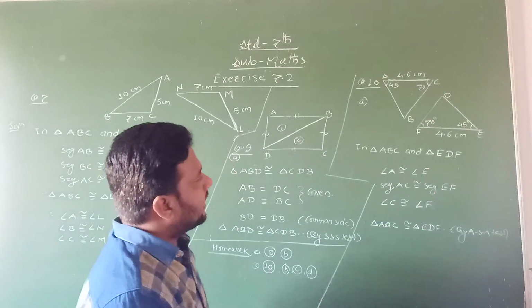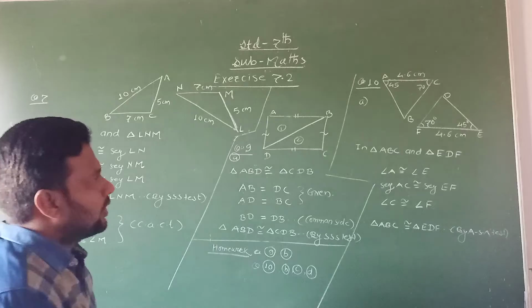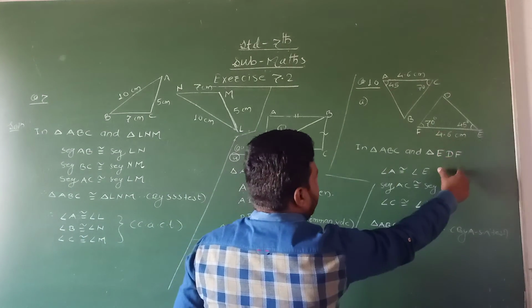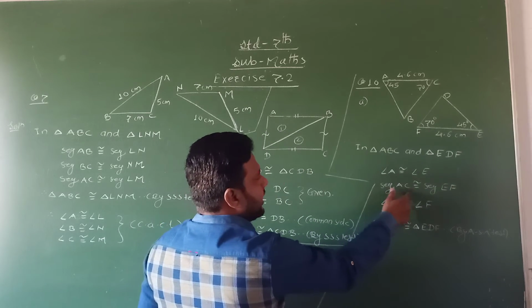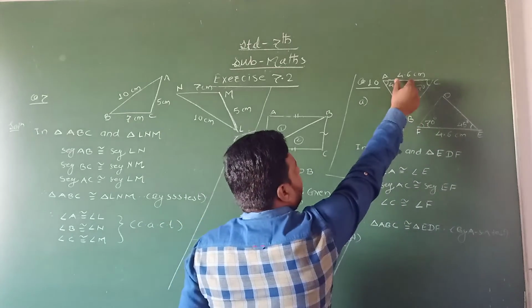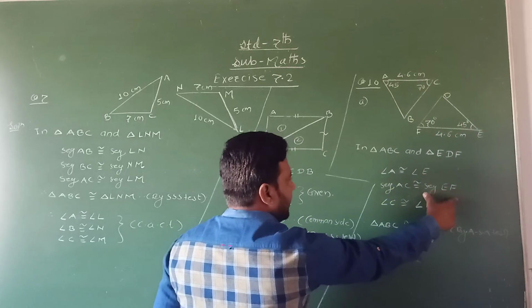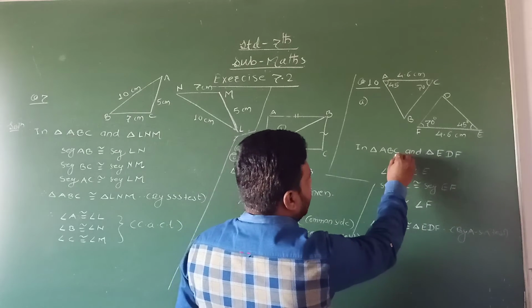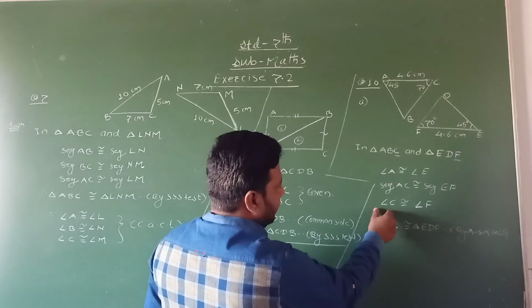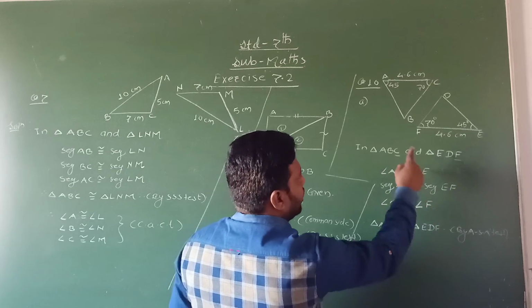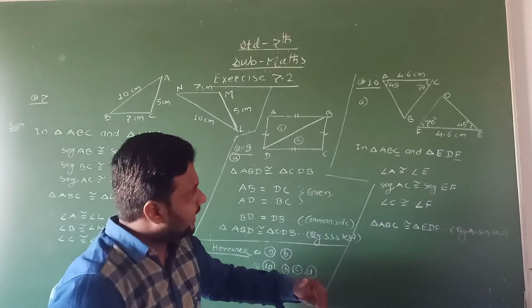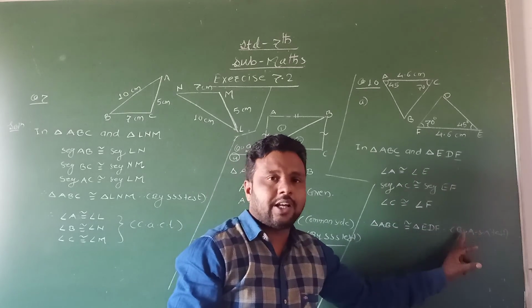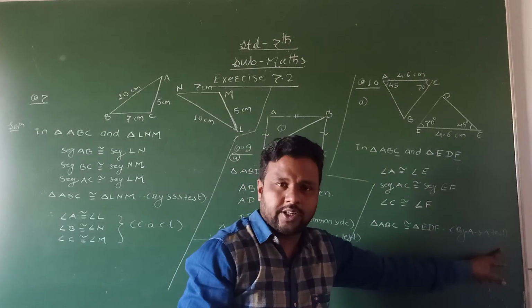Then we write the corresponding congruent parts. First we write the angle. Angle A is congruent to angle D, each of 45 degree. It is already given. Segment AC is congruent to segment DF. It is given 4.6 and this is 4.6 centimeter. This is also congruent. And angle C is congruent to angle F. This is the corresponding angle. Angle C is congruent to angle F, each of 70 degree. It is also given. In this way we can prove these two triangles are congruent by which congruency test? That is the angle side angle test of congruency.